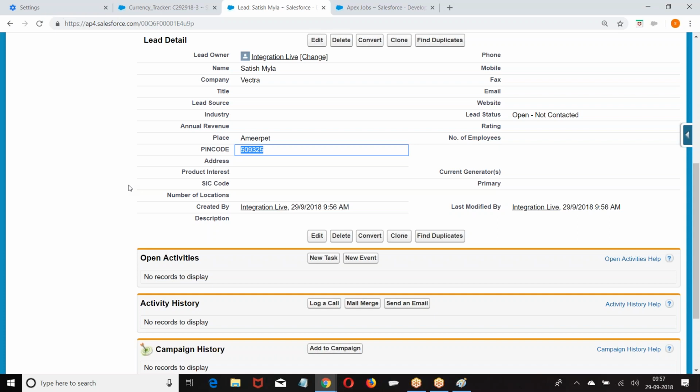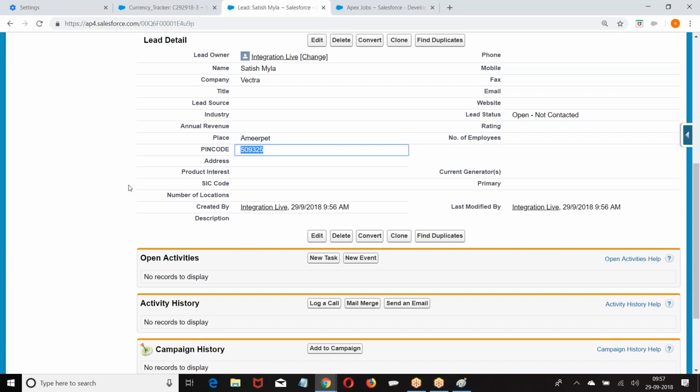So what are the concepts? Invoking a web service from an Apex class, invoking from a batch Apex, invoking from a schedule Apex, invoking from a trigger. Apart from this, any other concept we have? We may also go with invoking a web service from JavaScript from the VF page, or invoking a web service from remote action. Even the remote action is in an Apex class only. So one extra functionality what we can understand is invoking a web service from JavaScript. From JavaScript, how do you call a web service? Perform the operation. I hope you are good with this.